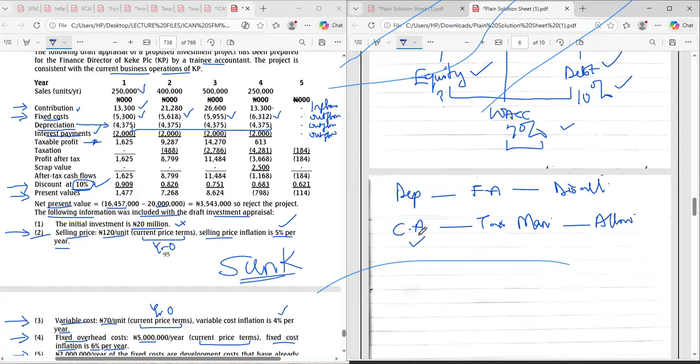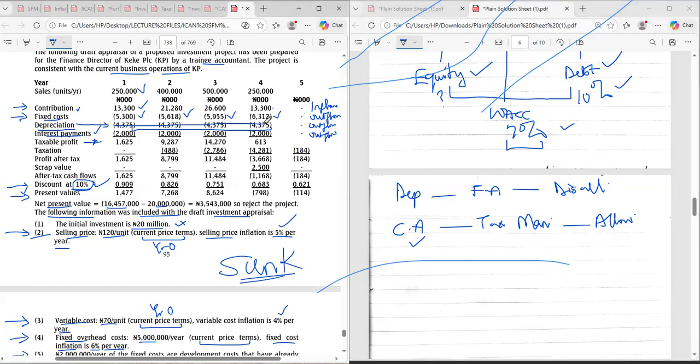Does that make sense? Disallowing simply means I am taking out this depreciation, I'm canceling it out. Not basically on the assumption that it is on straight line. No matter the method, whether it is straight line or reducing balance, as far as it is accounting depreciation, I'm taking it out. I will replace it with my capital allowance, which is the one that the tax authority recognizes. Adding what back?